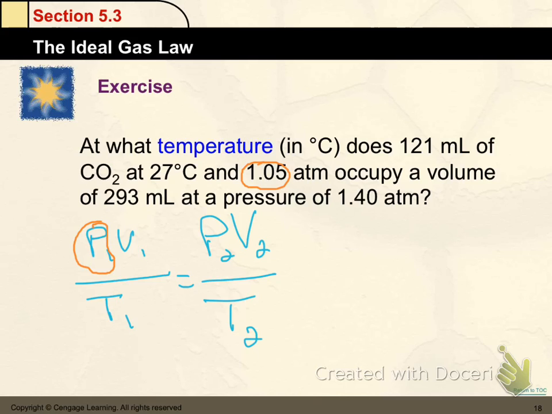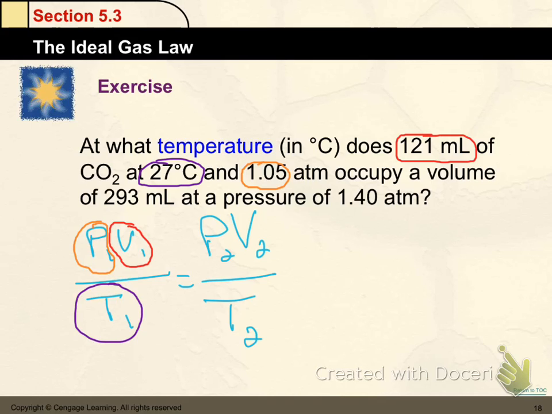All right, so we start at 1.05 atmospheres, so that's our initial pressure. How about our initial volume? That's this guy right here. I want to circle the unit too. That should happen all the time. Okay, so there we go. And then what about our temperature? Let's see if we can find our temperature for this particular instance. Here we go. It's 27 degrees Celsius right here, and that's T1 right here.